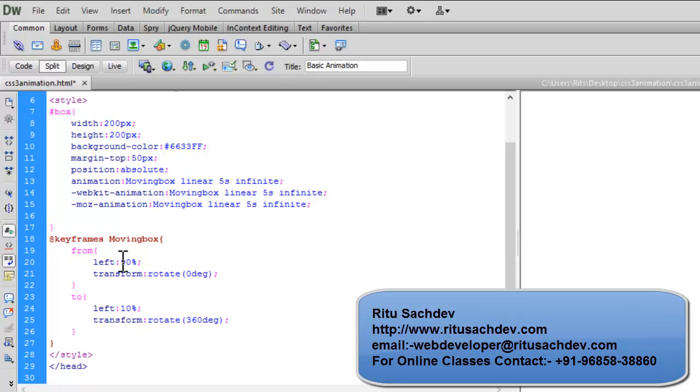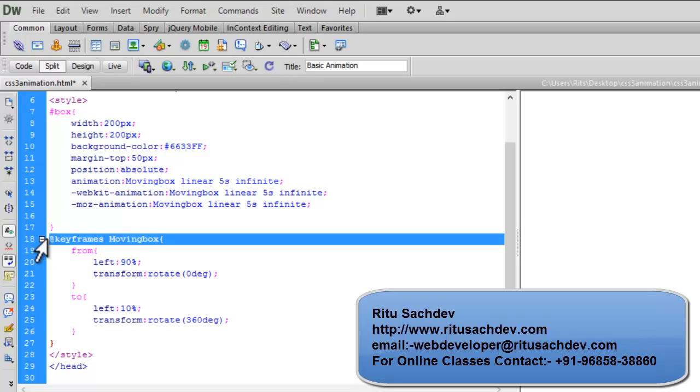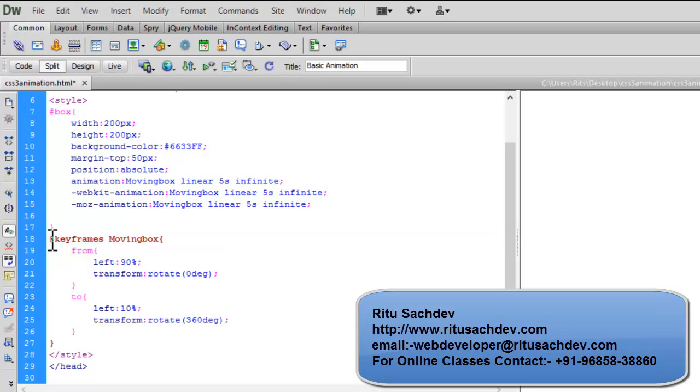And when we are at 90%, I want my box to rotate 0 degree. And when it reaches 10%, it should rotate 360 degree. This is a CSS3 property. So again we should have the necessary prefix before it.